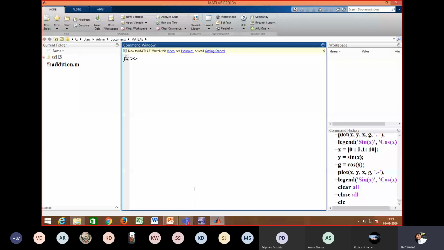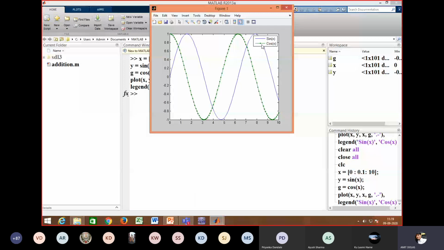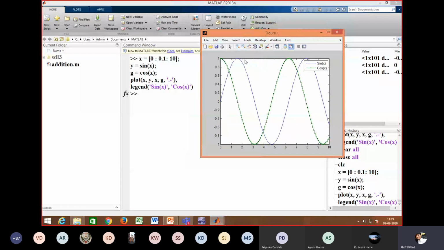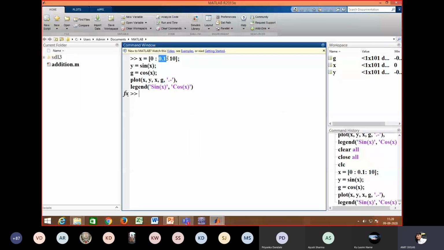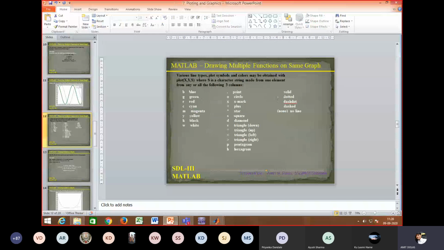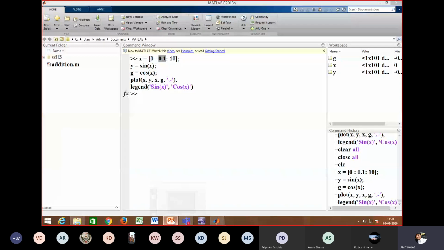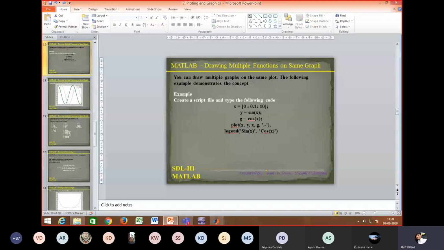So the dots are mentioned on the legend after each interval of 0.1, as we mentioned here. So accordingly, here the graph is plotted. Again, as we said, if you want a star instead of a dot, you just place the star into the code. So we'll make the required changes into the code.